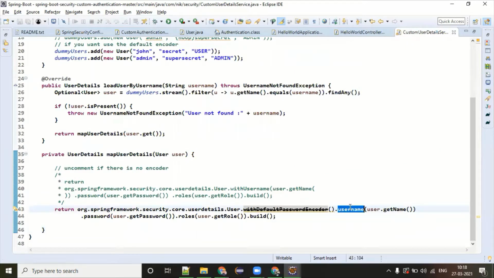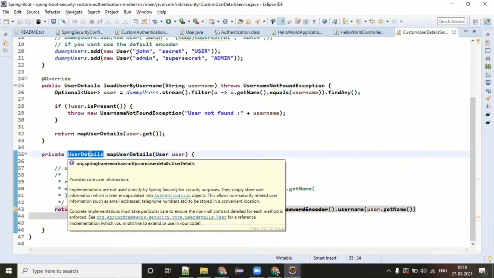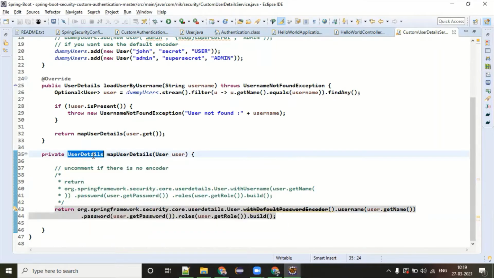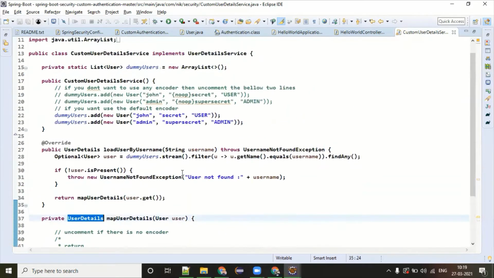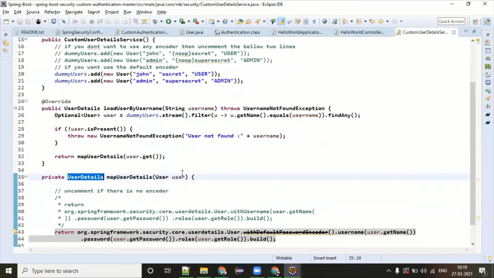You just pass the username, the password, and the role. It uses the builder design pattern, and it returns you the user details, which has all the details related to your login service.